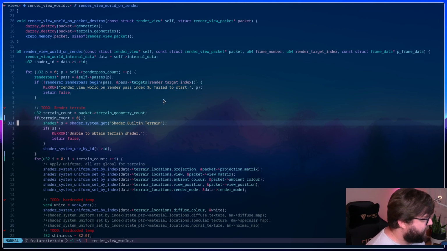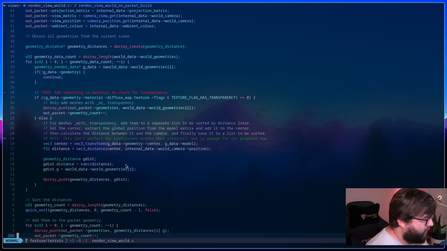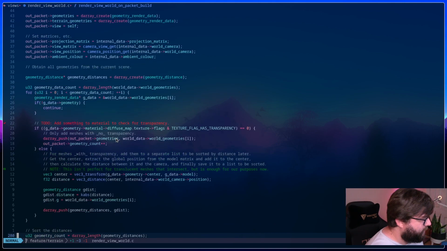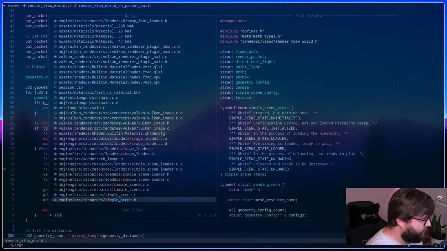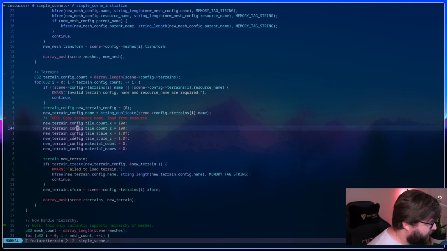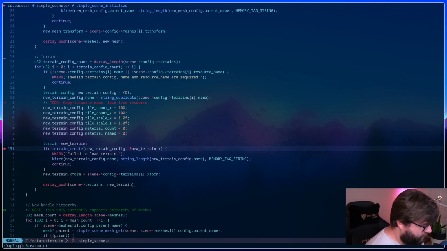There's a couple other things I probably should check, come to think of it. When I generate the geometry, I should probably check that all that data is actually generating as big as I configured it to. So let's go to simple scene. And we're just kind of plugging this in here. Let's put a breakpoint here.